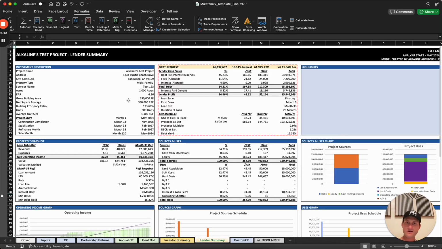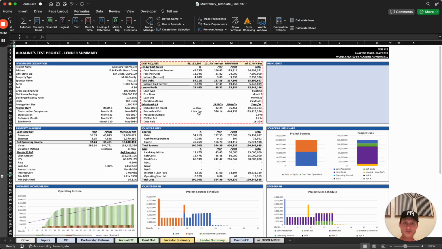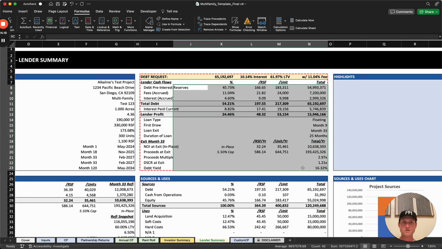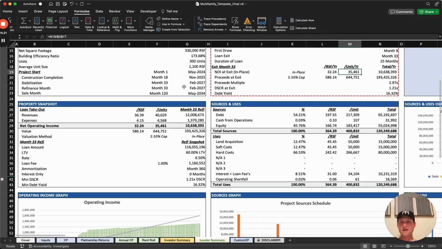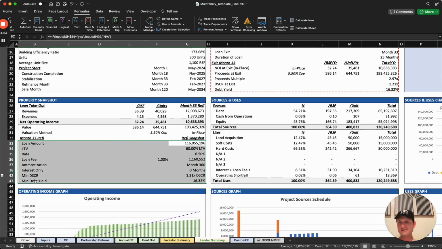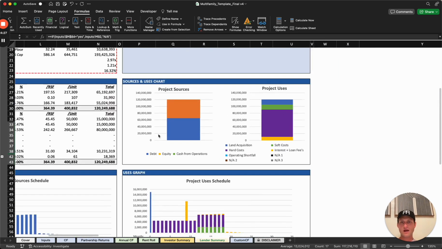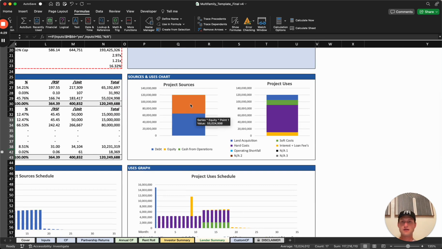And then finally, we have a lender summary. I won't dive too far into this. Very similar, but here it'll just show the debt request. All this stuff will auto-populate. You can just send this to the lender, talk it through with the lender. And then if they want to be involved in the refi, we have a refi snapshot that they can see sources and uses and kind of everything's just outlined here. We don't go as deep in depth into